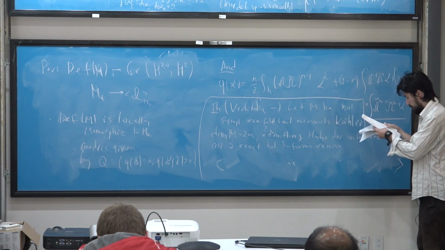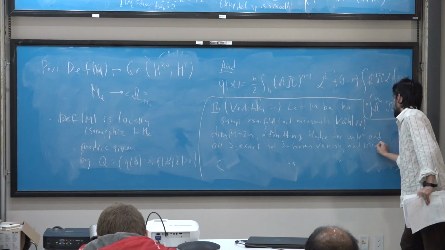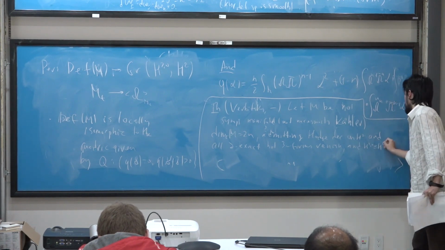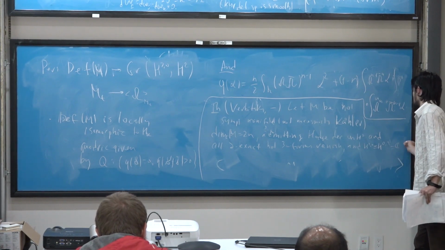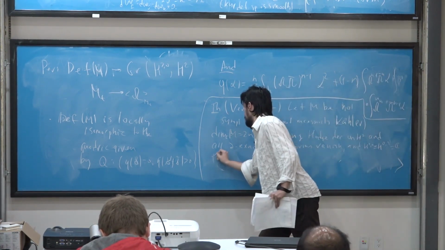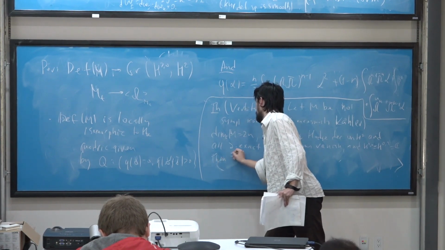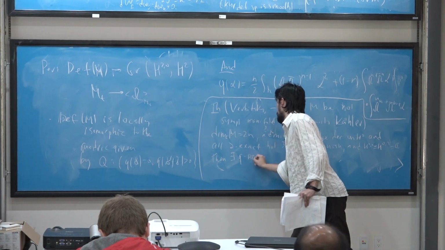Okay, and H^{2,0} is a vector space, and H^{0,2} is a vector space, one-dimensional. Then there exists a form Q, the Beauville-Bogomolov-Fujiki form,